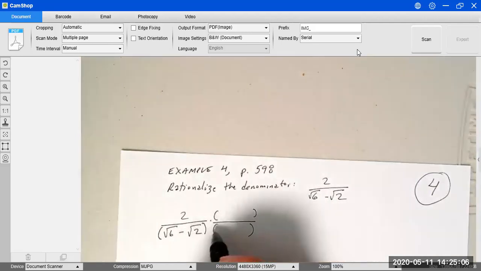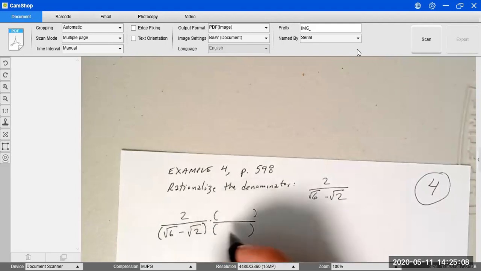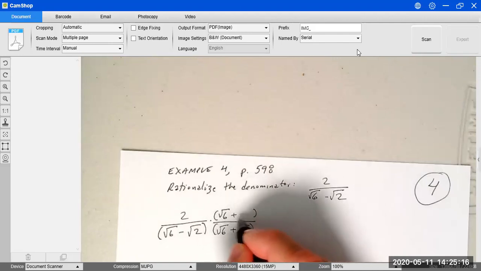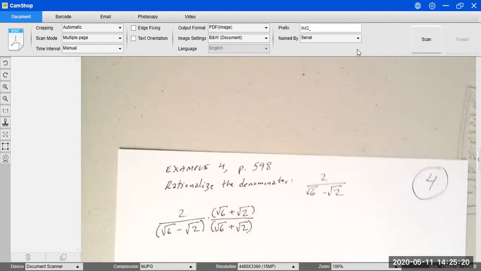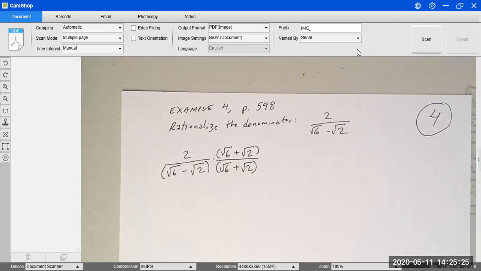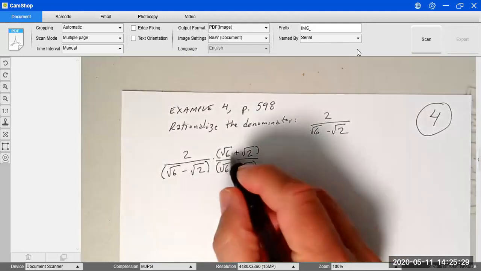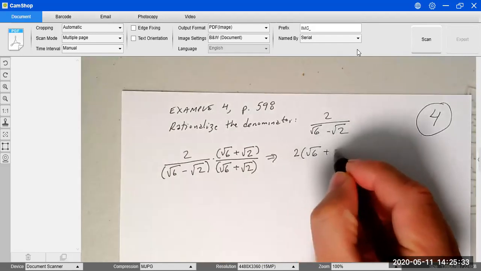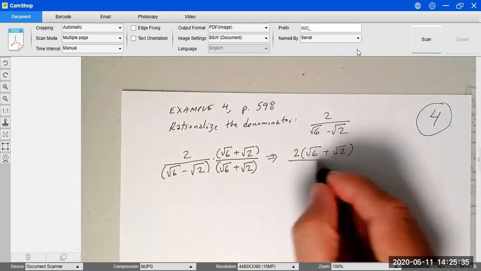What is the conjugate? If I have here the difference, then the conjugate is going to be the sum. So it's going to be radical 6 plus radical 2. I'm going to write the same quantity on the top, radical 6 plus radical 2. And now I just need to do the operations that are indicated. So I'm going to have here 2 times the square root of 6 plus square root of 2 over, then